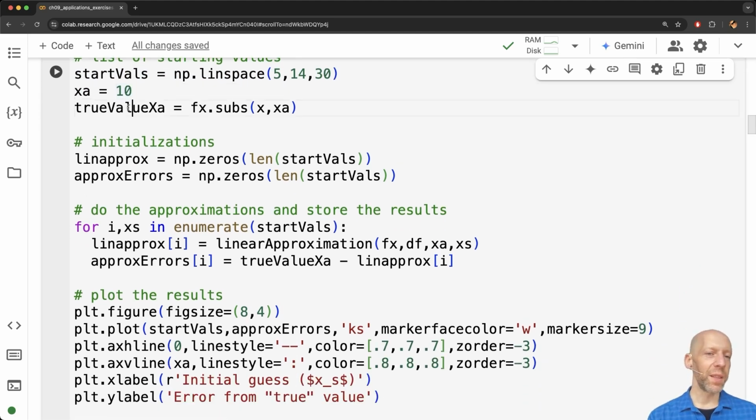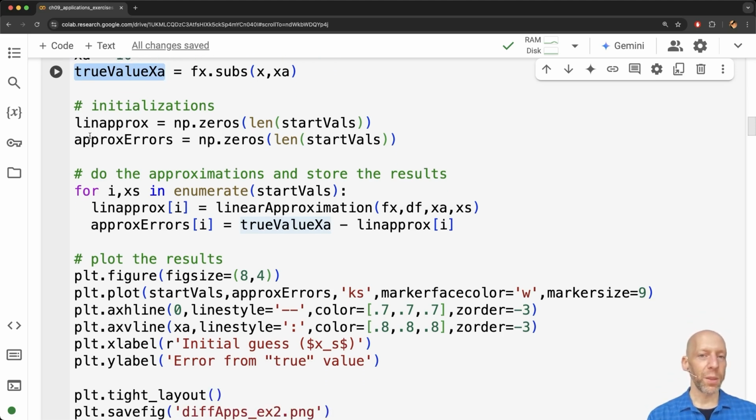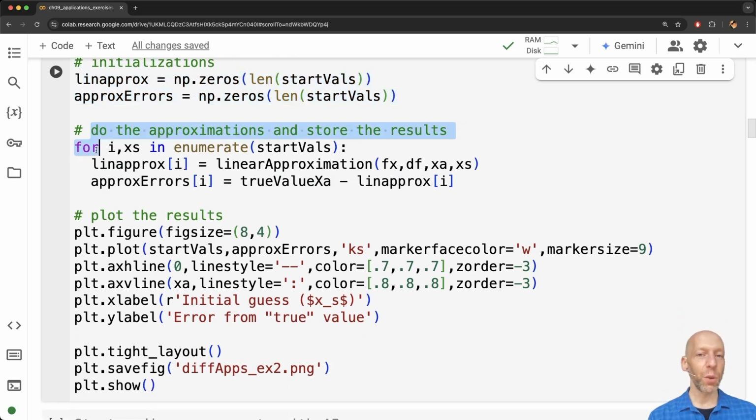Okay, and then here is the true value of a, and that I'm getting simply by substituting in for the function. Wherever we see x, then we substitute in for 10. So this is going to be our ground truth that we will use to evaluate the accuracy of the linear approximation. Okay, so here I am just initializing some variables so I can collect the results. Okay, and here's the for loop that runs the